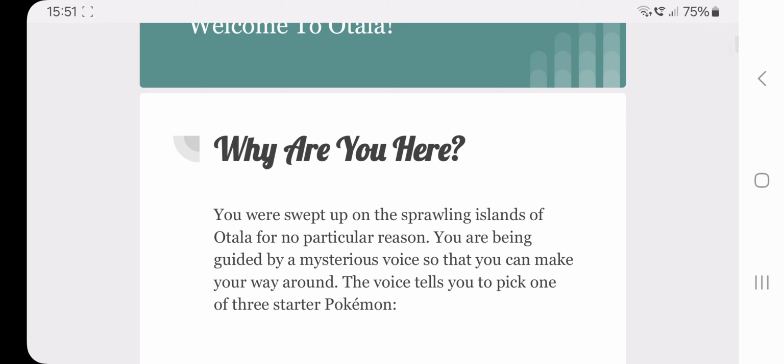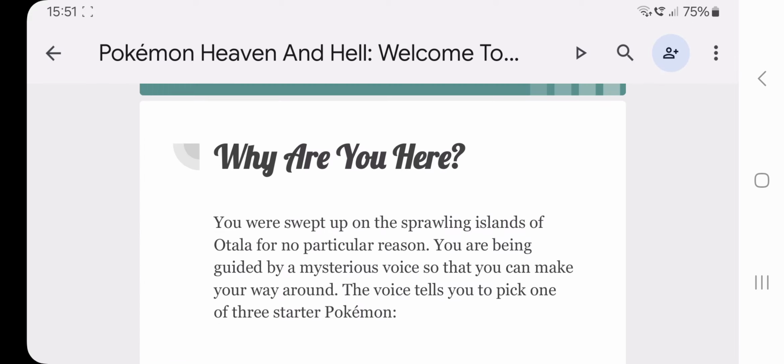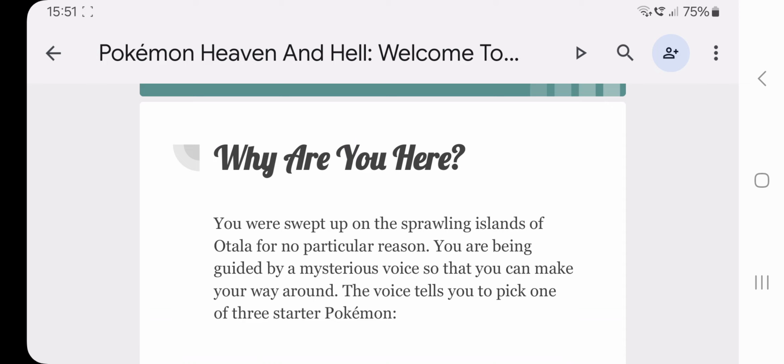So first off, why are you here? You were swept up on the sprawling islands of Otala for no particular reason. You are being guided by a mysterious voice so that you can make your way around. The voice tells you to pick one of 3 starter Pokemon. And so the voice, depending on the version, will either be Zeus in Pokémon Heaven or Satan in Pokémon Hell,